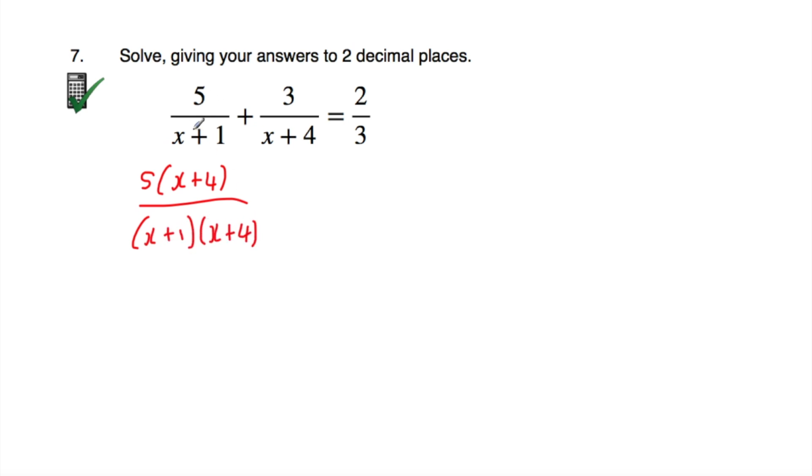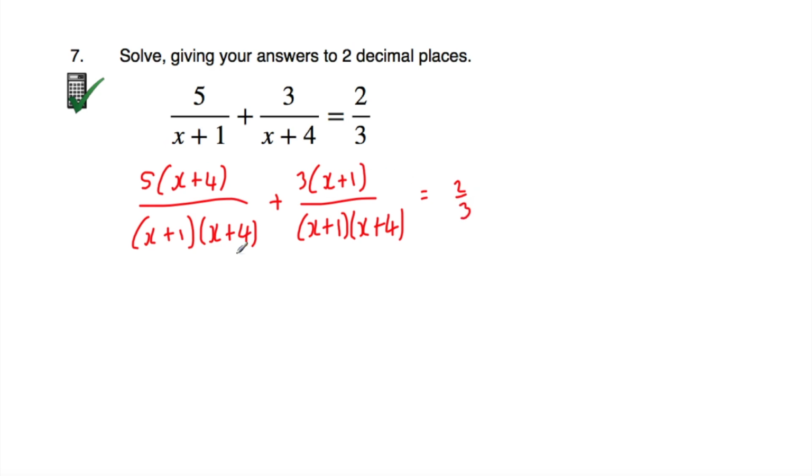Okay, so we've timesed both the numerator and denominator of this fraction by x plus 4. Now what we want to do is multiply both the numerator and denominator of this fraction by x plus 1. So that will be 3, and then in brackets x plus 1, close brackets, and then the denominator will be x plus 1, and then in brackets x plus 4. So we've now got our two fractions with the same denominator, so we've found that common denominator, and that equals